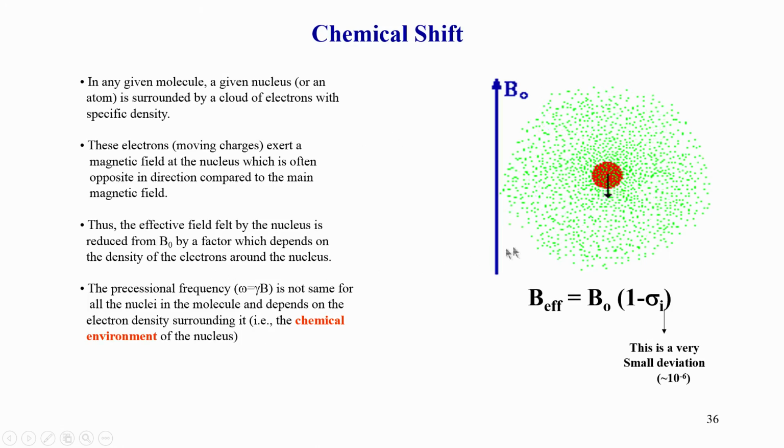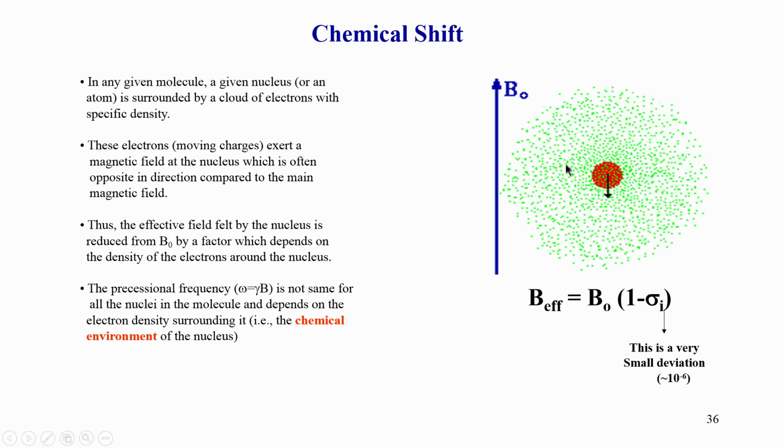That depends on many parameters: how much is the shielding, what type of shielding, is it uniform, and so on, and that depends on the structure of the molecule and many other properties. This shielding factor is a very small deviation from 1. It is not that the shielding is very high; it is just a very small number, nevertheless a very important number. Even though we have the nuclear magnets and so on, without this shielding effect NMR would not be usable. Therefore, it was very important to understand this chemical shift concept. This is the heart of the NMR technique as far as structure is concerned.